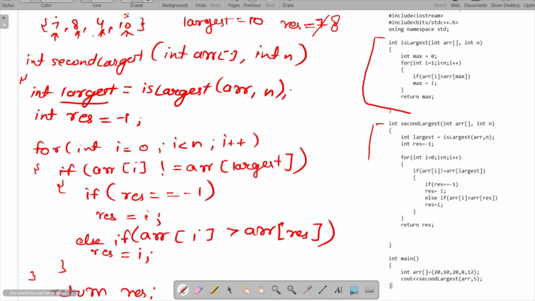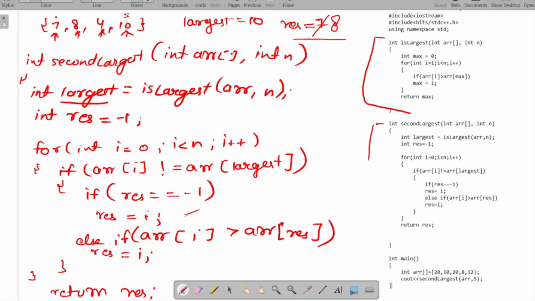Now we will check if our result value is -1. No, our result value is not -1, so we will not enter this if condition. Now we will check this if condition: if array of I is greater than array of result, which means that if 4 is greater than 8, no, 4 is not greater than 8.